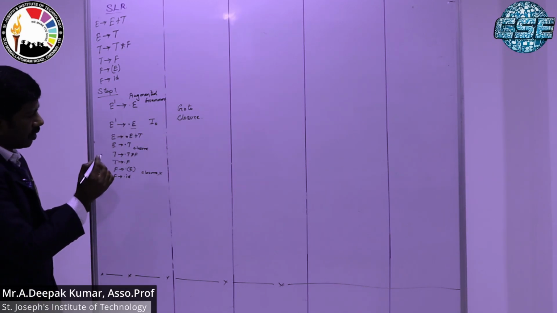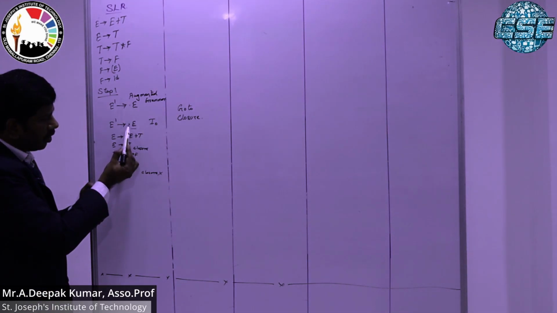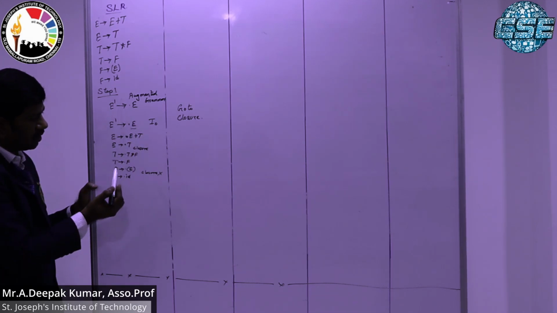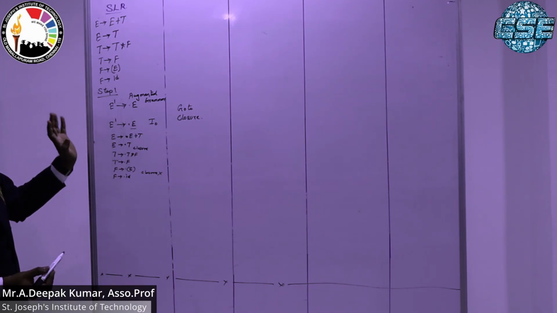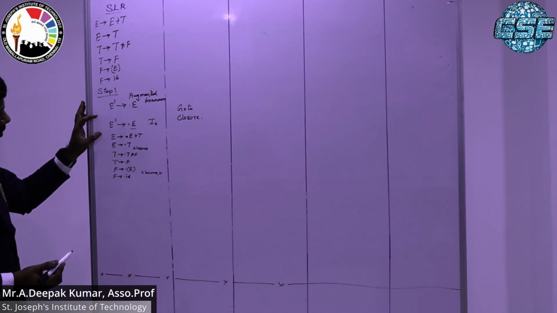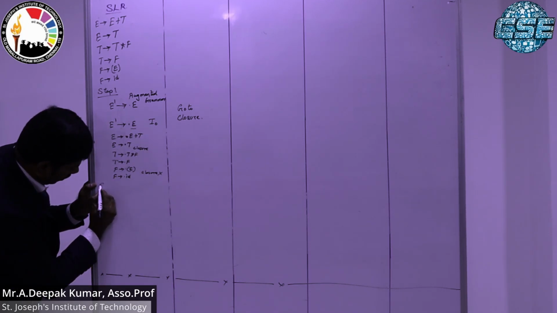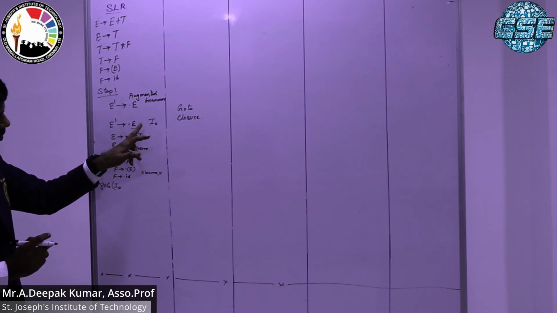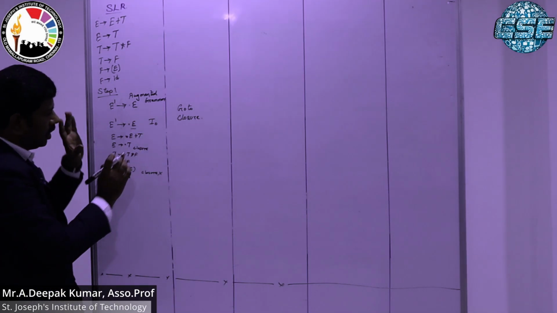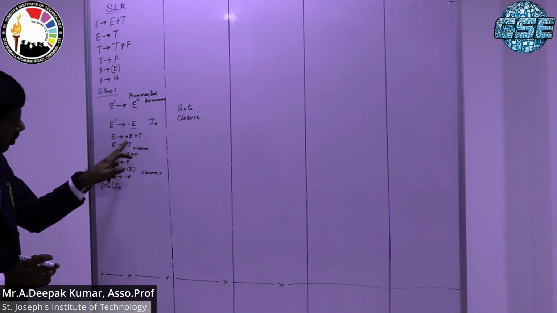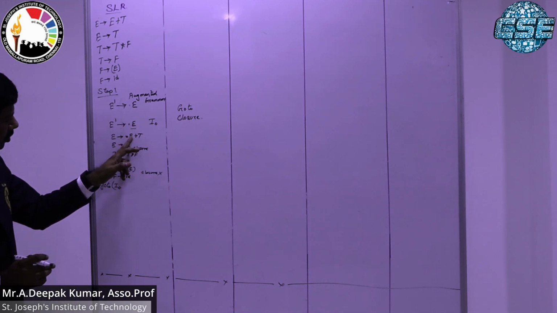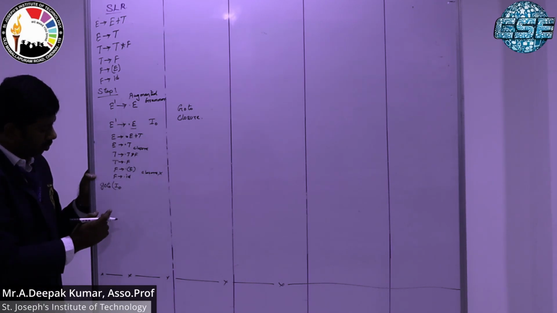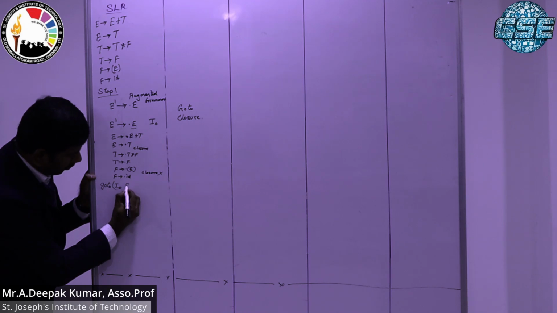Our aim is to move the dot symbol to the right in each and every grammar. That is the role of this simple LR parser. So the first step we write is go to I naught. This is my initial state. I am going to move the dot symbol in each and every grammar one step to the right. So go to of I naught comma